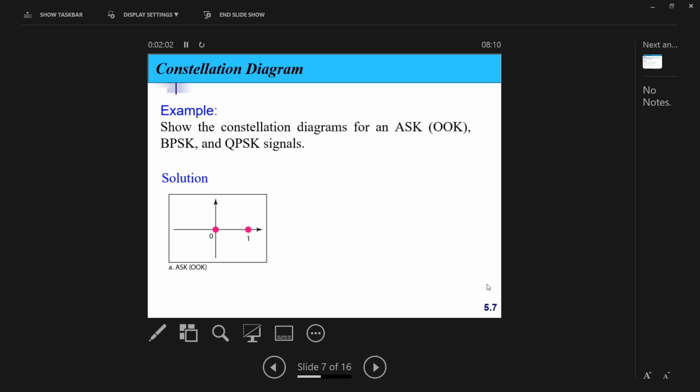For example, amplitude shift keying, we represent 0 and 1, and we change the amplitude. So for 0, we can put amplitude 0, and for 1, we put the amplitude equal to 1, while the phase is 0. We don't change the phase, we don't change the frequency, we only change the amplitude. So in the constellation diagram, we can represent the ASK as 2 points with different amplitude and 0 phase. The binary phase shift keying has constant amplitude, so each one will have constant amplitude but with different phase, one at phase 0,